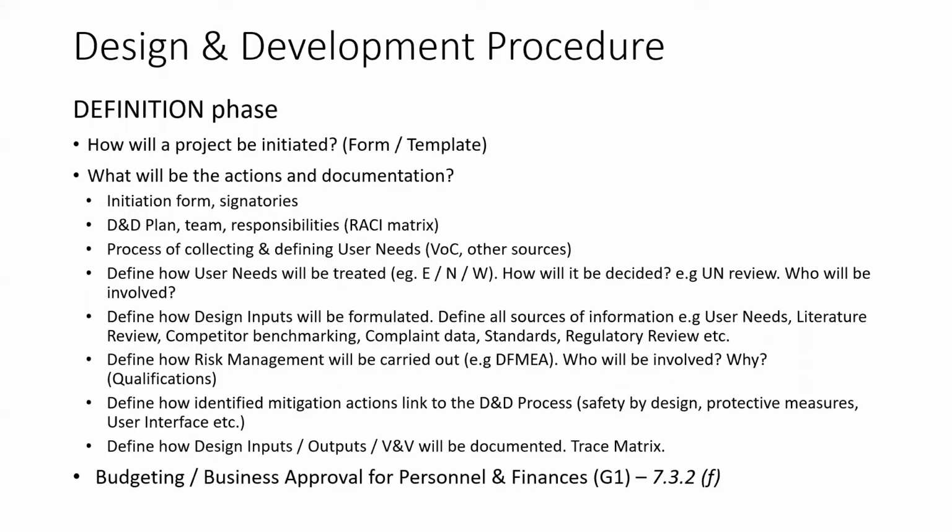So typically, since we spoke about define, develop, validate, limited release, the procedure needs to define what will happen in each of these phases in a fair amount of detail. Not so rigid that it constrains you to only working in a particular manner, but definitely specific enough to define inputs and outcomes. So, for example, in the definition phase, how will we initiate a new development? Who are the people who will be responsible? What is the process by which we will define design inputs? At what stage will we connect with users? How will we connect with users? How do we define a user?